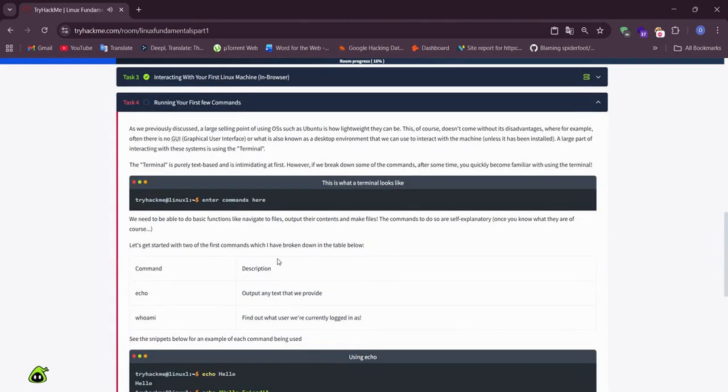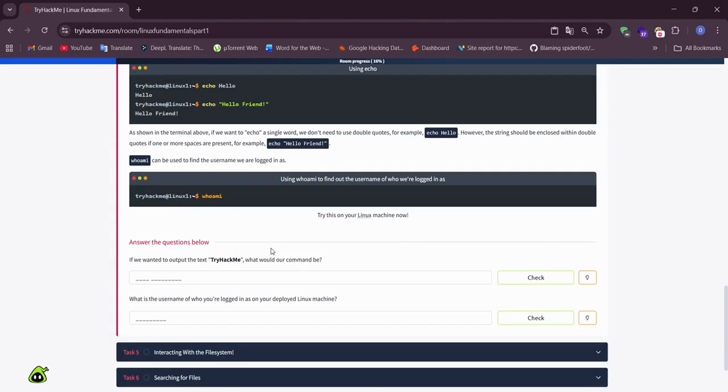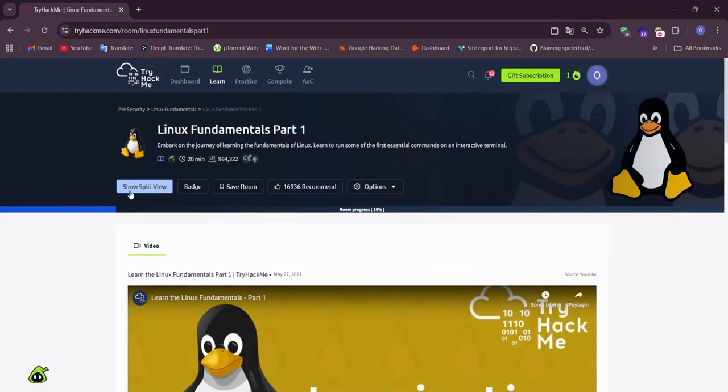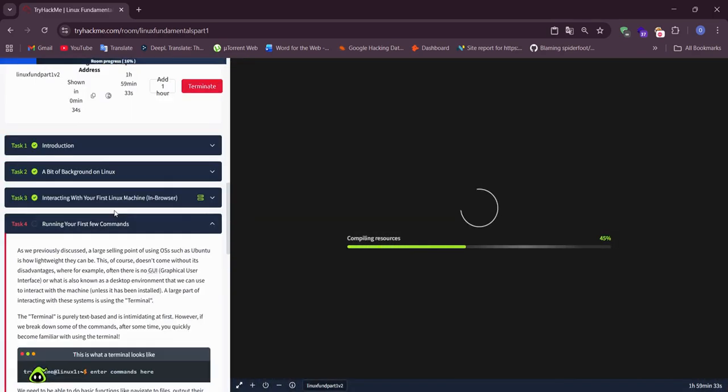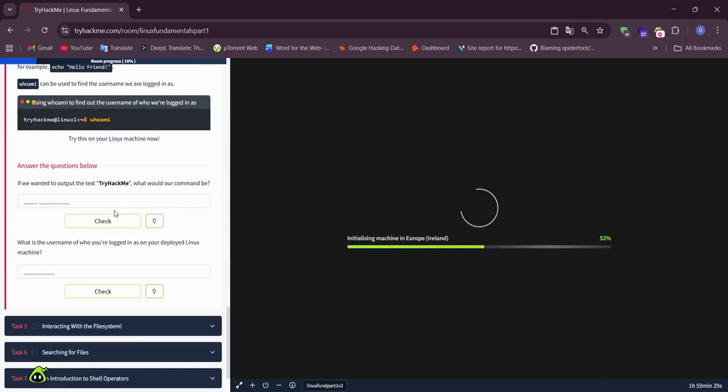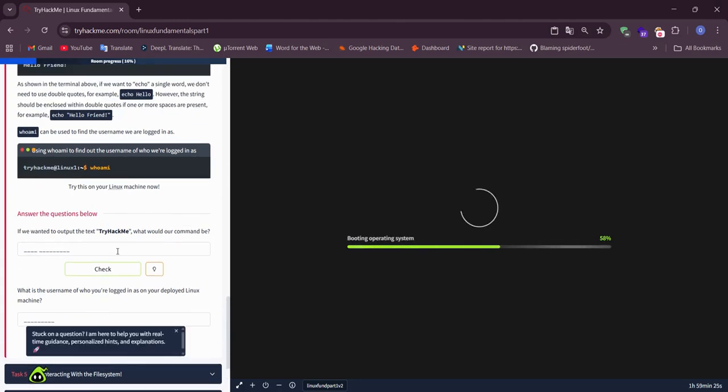Running your first Linux commands. Okay, if you want to output the TryHackMe, what would our command be? Okay. Show split view, and we must wait for our Linux machine.